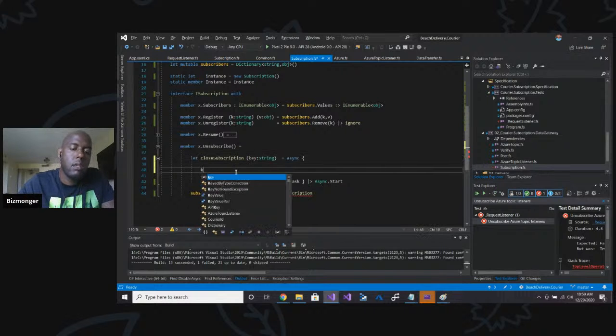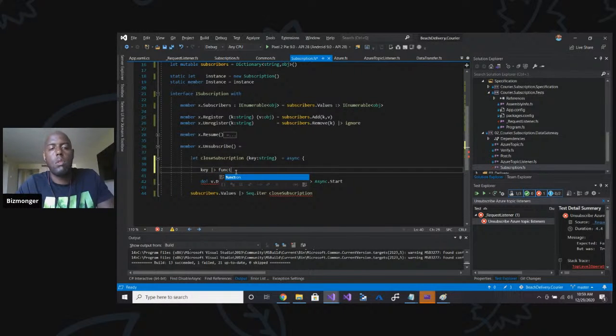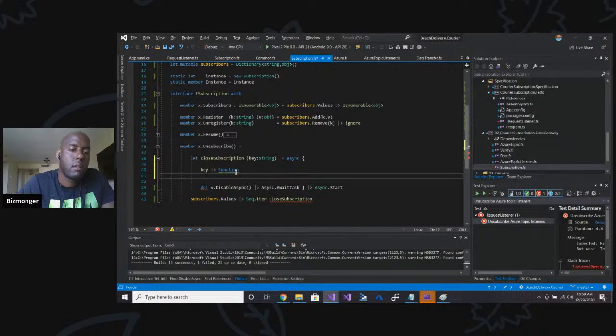That key is going to sound like this, right? You say name of,